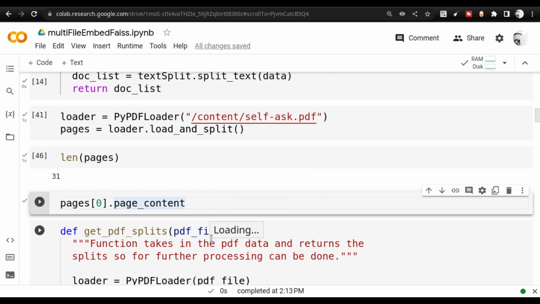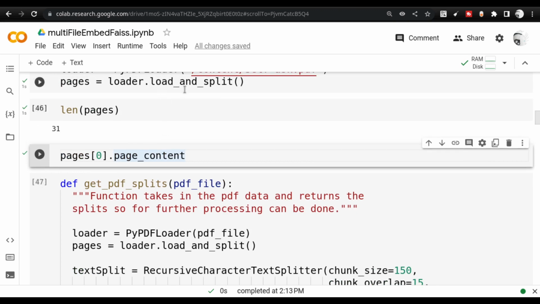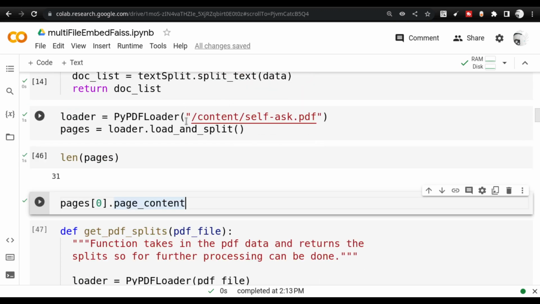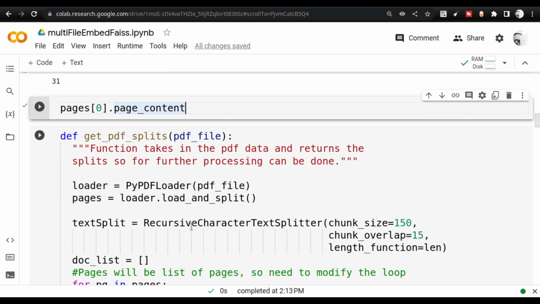So there are only 2 types of elements. Why I am talking about this, I will explain in a couple of minutes. So in case of get PDF, I am again using the same things that I researched here. So I understood how the PDF loader works, and I loaded the pages, and now I am again initiating a